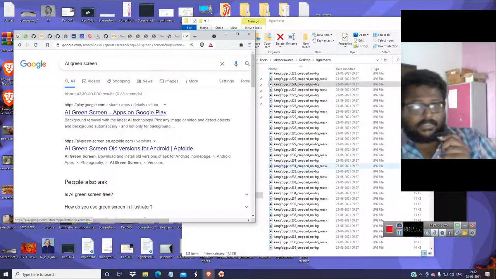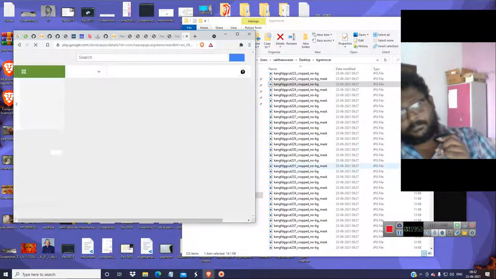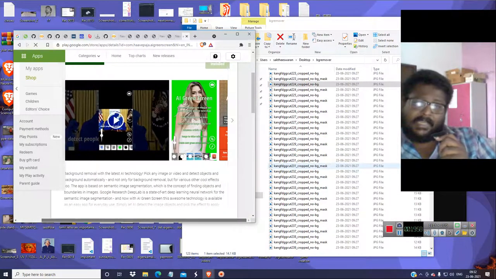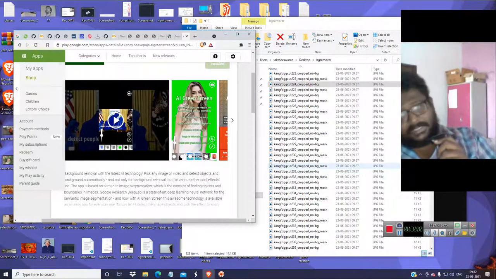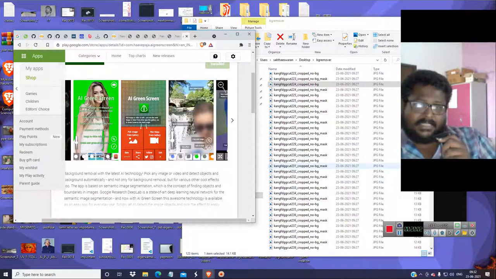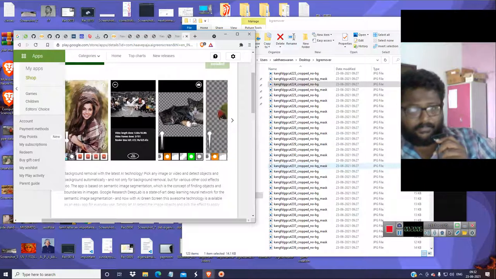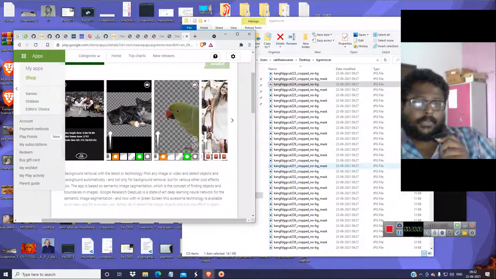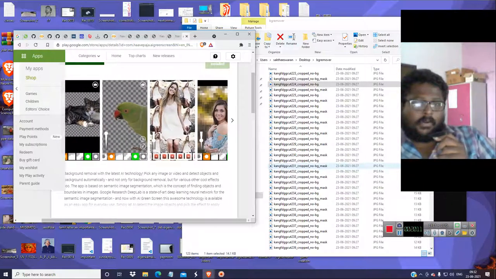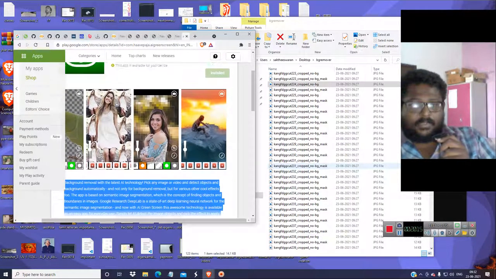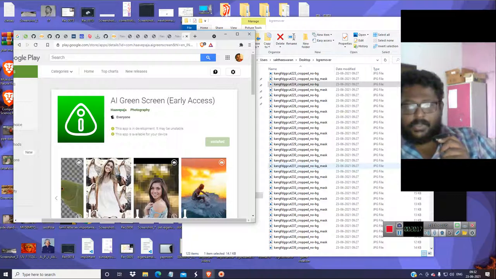Okay, so this is the AI green screen app, and the small model could really run on any device, and it will just remove the background and give you a wonderful video. So you can use it for many purposes. I can even create it for many images like this. I'm going to check it, and also check this on my system. So far these are the very good resources we have.